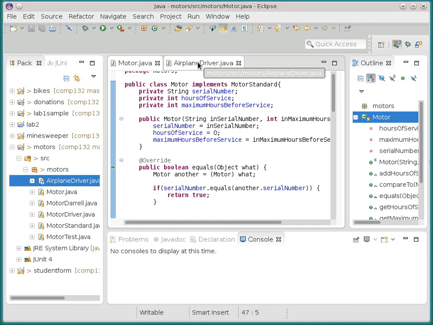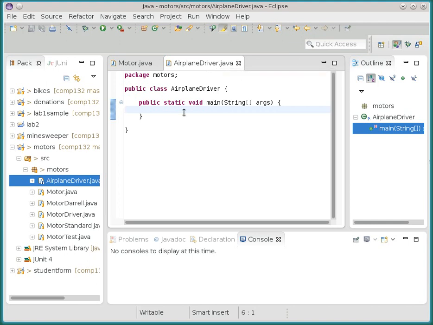Let's do one more thing with our motor example. Let's make an airplane that has a bunch of motors in it. Okay, and we'll see where that goes. So what I've done is I've made a driver here, and if we were to make an airplane,